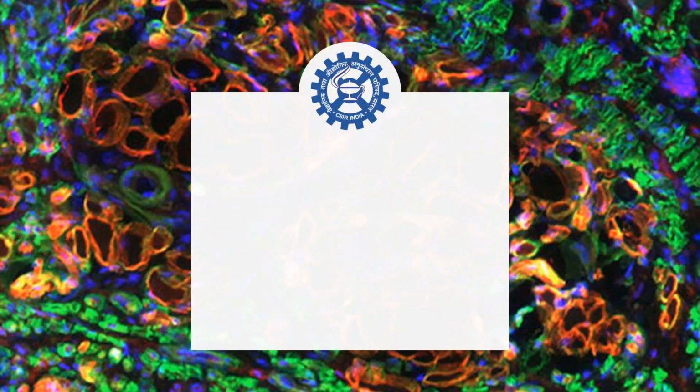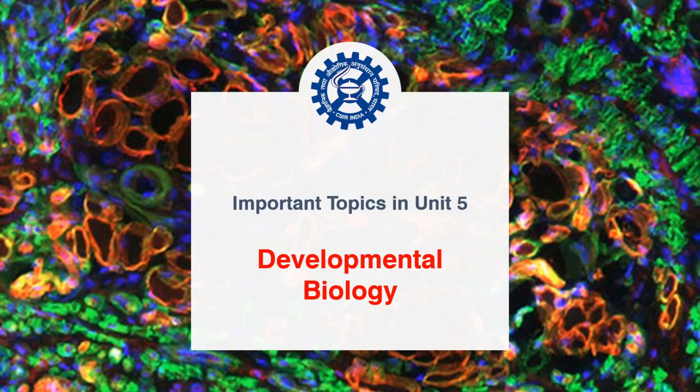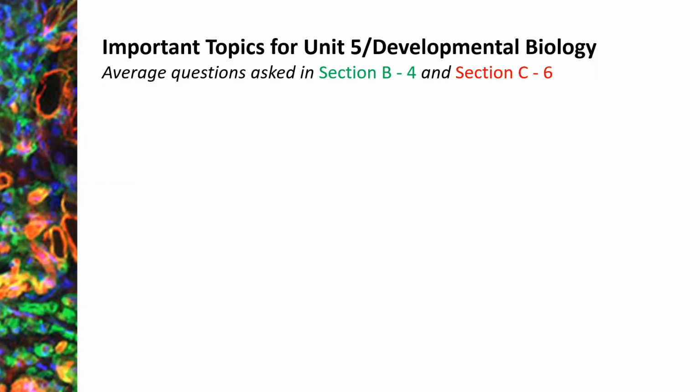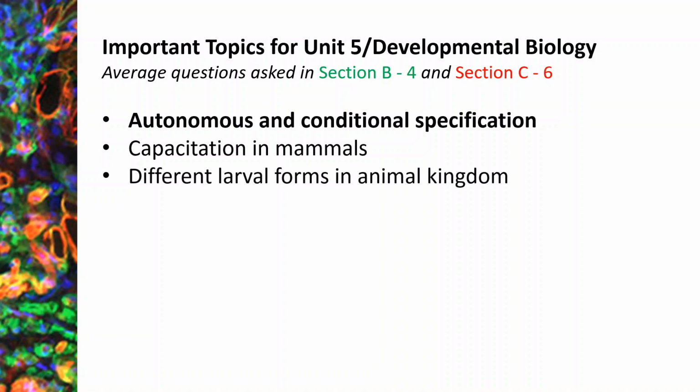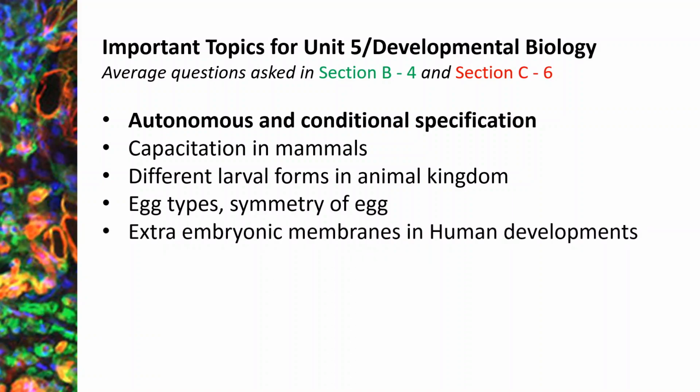To score well in CSIR, it is really important to cover developmental biology. In developmental biology, new research is not frequent, so questions asked in CSIR are modified and limited. To increase your rank, you should attend this unit. The topics are autonomous and conditional specification, capacitation in mammals, cleavage pattern, different larval forms in the animal kingdom, egg types,